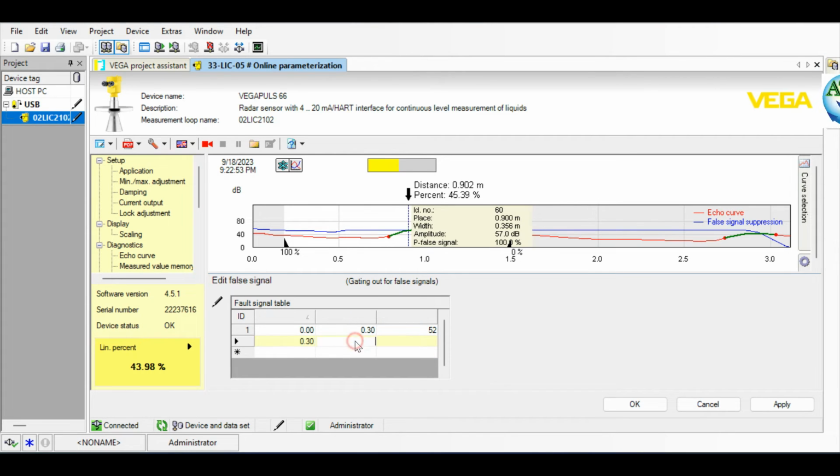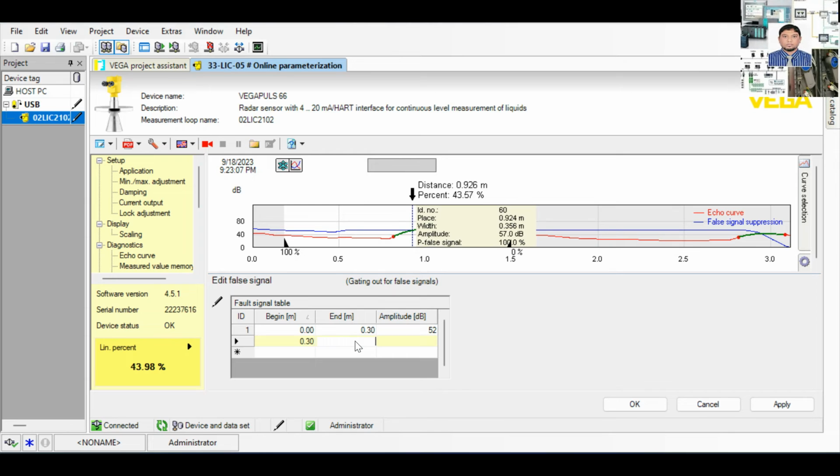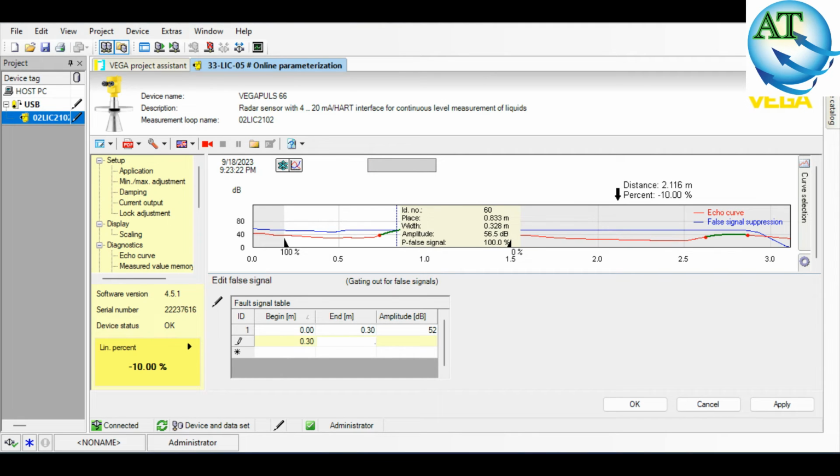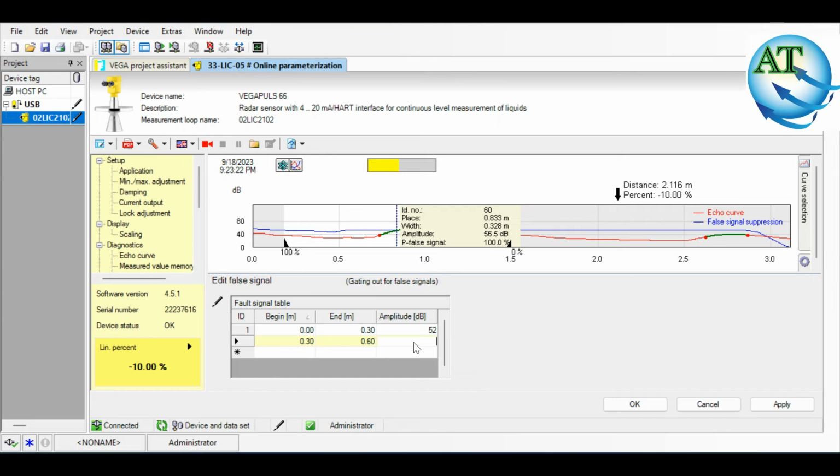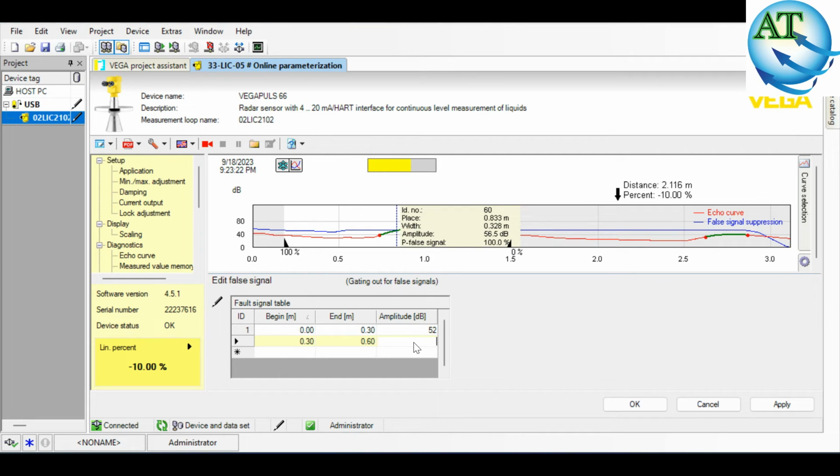The ending is 0.3, beginning is 0.3, and another one is 0.3 to 0.5. That means in this distance we want to bring down the suppression line, so